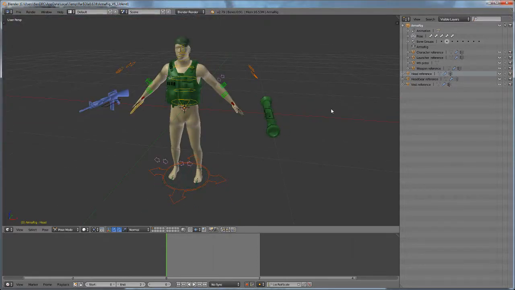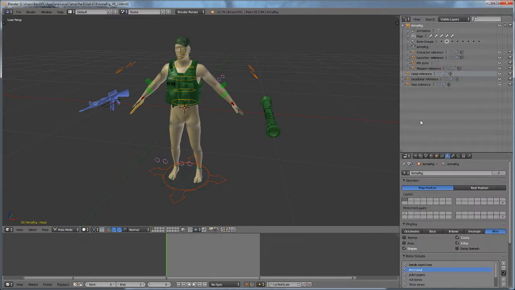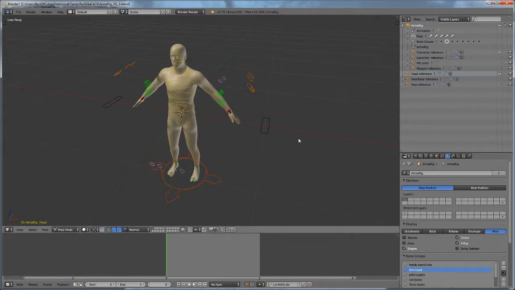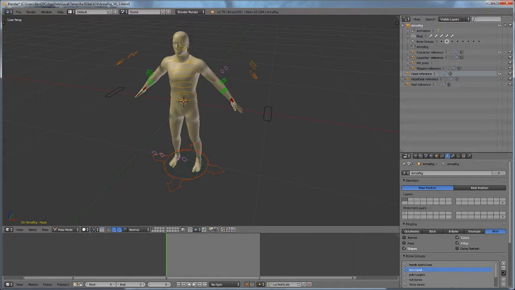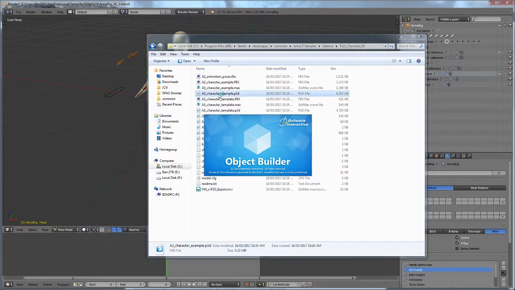Right, so now that we've got that, I like to bring this up because we will need this, and change that to properties. Okay, now we can hide all this stuff, references. Okay, so now you should have downloaded Armor samples. So we're in here. Let me just quickly go to where I've got to go to. Armor 3 samples. Okay, so we're in Armor 3 samples, add-ons, character, and then we want to open up